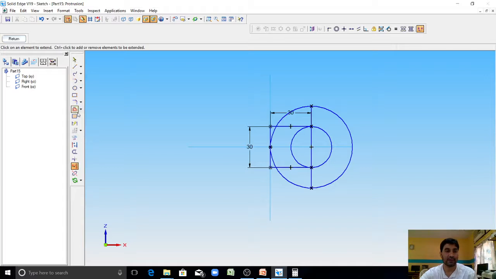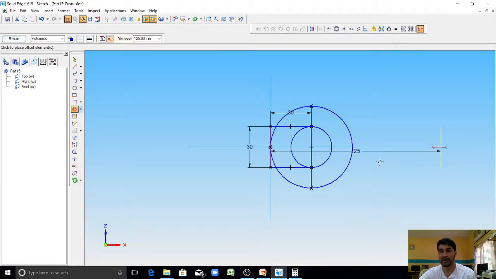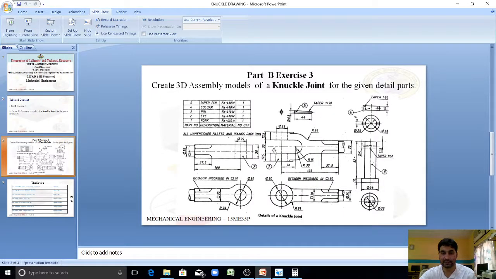Now using the offset command, make it a single, select this line, offset this line to a distance of 125 mm. You can see here this distance from this center to this end is 125 mm.